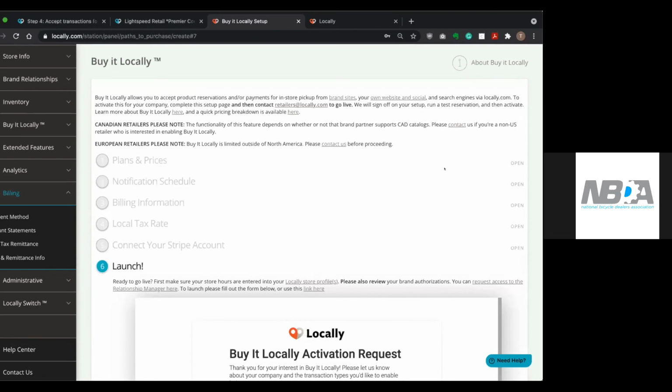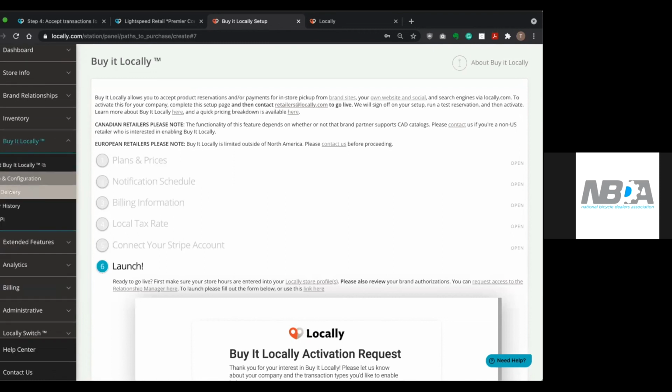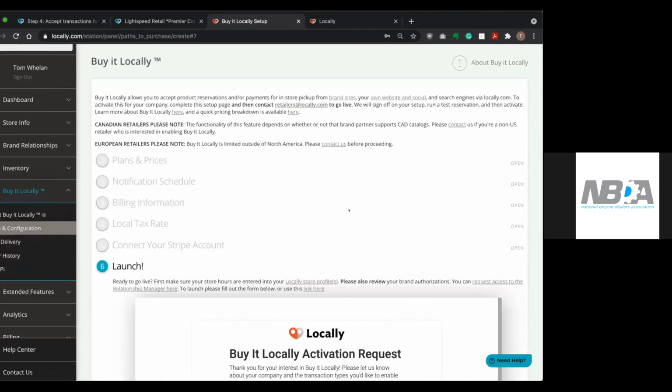And what retailers mostly do is they just create a new tender type and ring it up, call it Stripe or call it Locally, so you can still remove the purchase from inventory and track the sale and how it happened. As far as the customer information, that'll be available to you from your Buy It Locally order history page, and you can actually export that as a CSV. If you use Ascend, there's good news for you: we are currently beta testing a brand new API integration that will feed that information into your point of sale system, including the shopper information and all that good stuff.